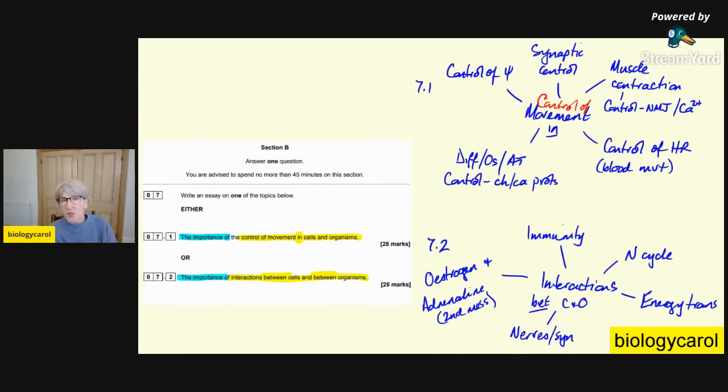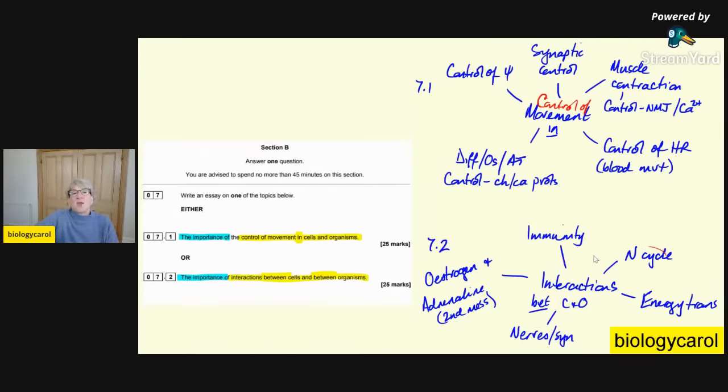If you're using A-level terminology, you're writing to A-level standard. That's pretty obvious. And with all of these topics, and basically the importance of them, you're either thinking about what would happen if this example, the nitrogen cycle, isn't there, or thinking about the real usefulness of the nitrogen cycle. And that's what you're almost thinking about in both cases, every time, for each of your examples, you're thinking about